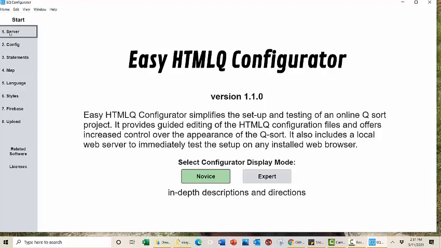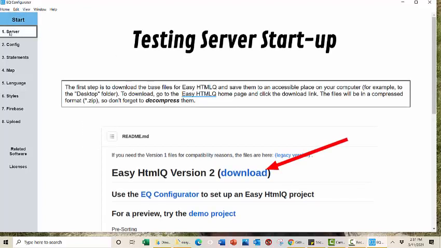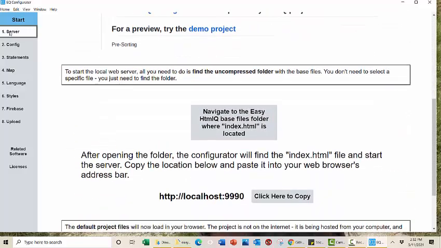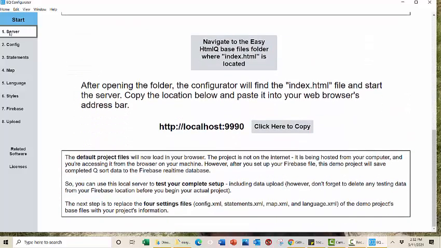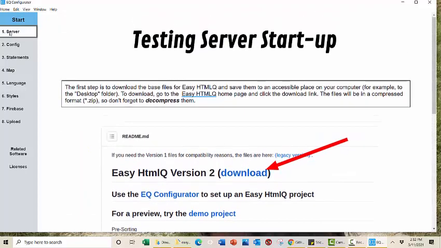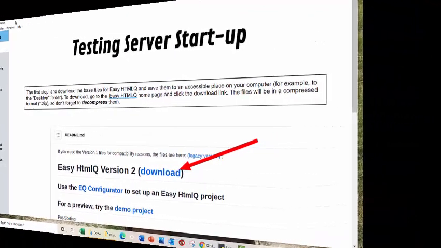If we come over here, we can kind of leaf through, and this tells us the beginning of what we already did, which was to download HTMLQ. But you notice that there's some additional information. Let's see where we are. So, oh look, on a desktop folder, just like we did. So we've downloaded our version